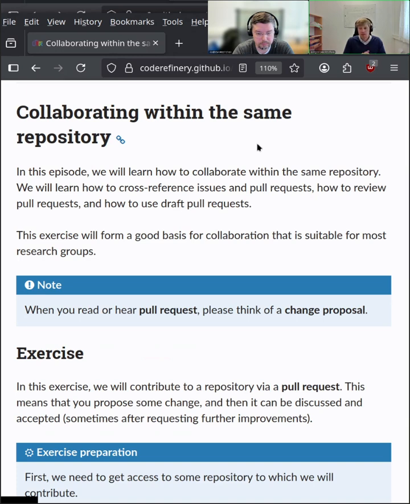The idea is to make some changes to the code base. It could be a new implementation. It could be something completely new. It could also be just a change to existing code or a fix of a mistake or a bug in the code. And you make this change as a proposal. You put it out as a proposal so that other people can look at it, give their opinions, say whether they're happy with the changes or not, and then it can be merged. So instead of merging it directly into the main branch, you have this additional set of controls that the changes have to go through before you merge them.